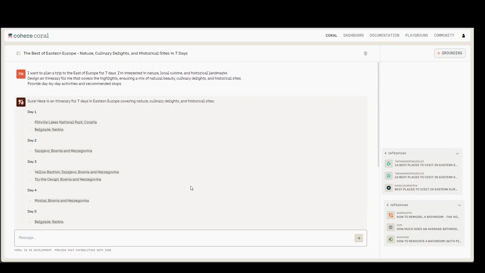Really like it. And still, I believe that the best usage of this Cohere API is to use and embed